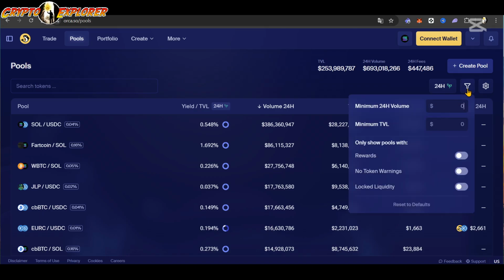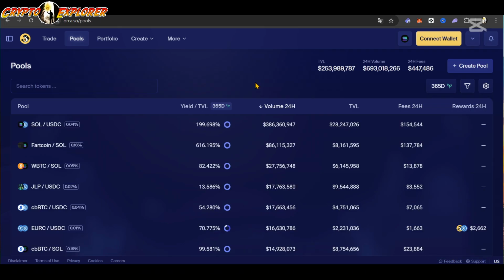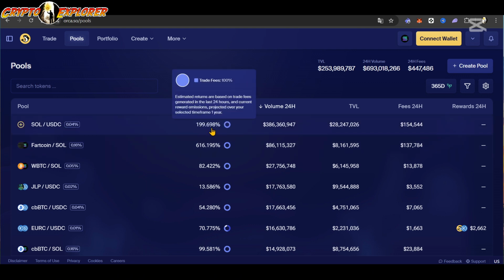There are more features we can turn on and off here on the display. For example, we can switch up the estimated yield and set it for a whole year. Of course, these are all projections based on past performance, but you can get an idea of the potential of providing liquidity into these pools. Solana USDC almost 100%, even if this doesn't come to be, but would you shy away from 100% returns over a year